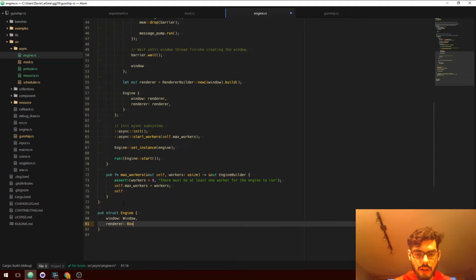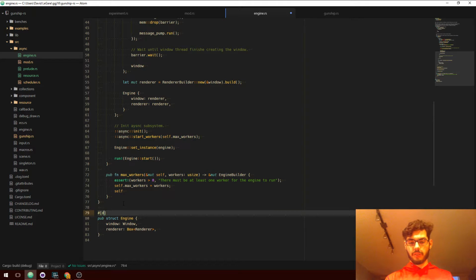It's going to have to be a box renderer. Maybe we'll make it an owned renderer. Whatever. Because owned renderer is just going to be a type alias for box renderer. So who cares? Let's make sure we can debug this.